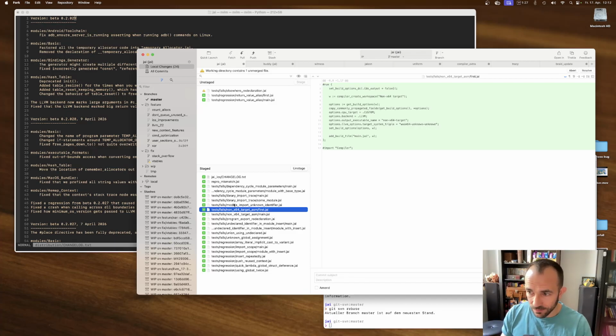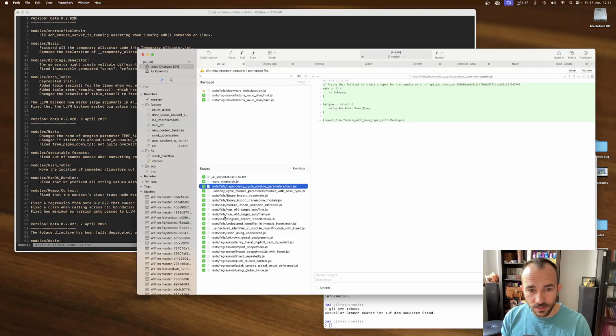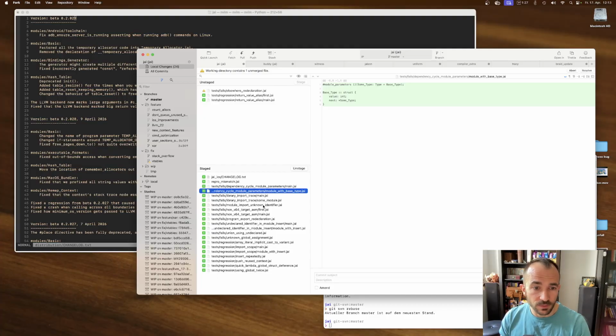And I don't like having them just on my local. I keep them here as a reminder that there are things that we know are broken that need investigation. If I put them in a test suite and mark them as broken, I might forget to look at them. That's why I kept them here. But it's also bad that they're not in the repo. If my machine burns down, I have backups, but it feels like this should be checked in. So we're gonna see which of them are still valid.